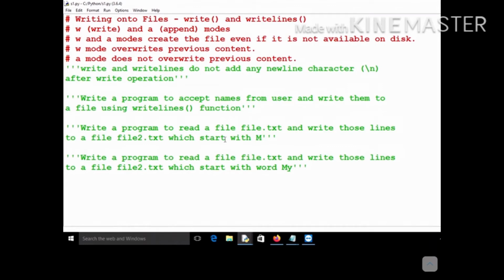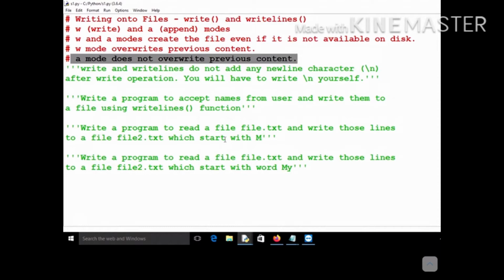Let me write it here also, that you will have to write the new line yourself. Otherwise it will not write automatically. So I hope you got this concept also, that W mode overrides previous content, whereas A mode does not override previous content. That we have already seen.